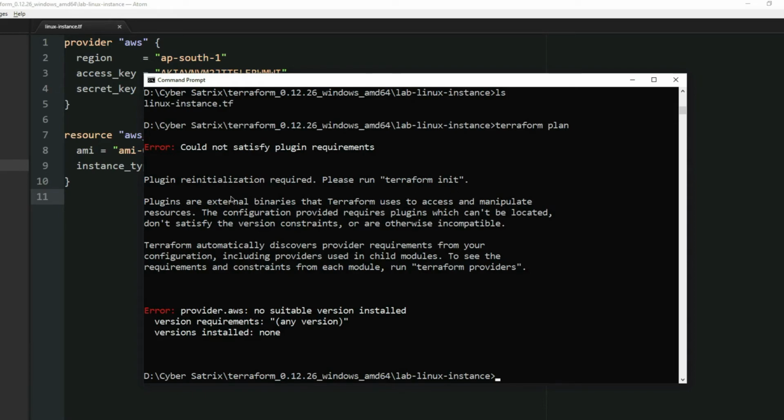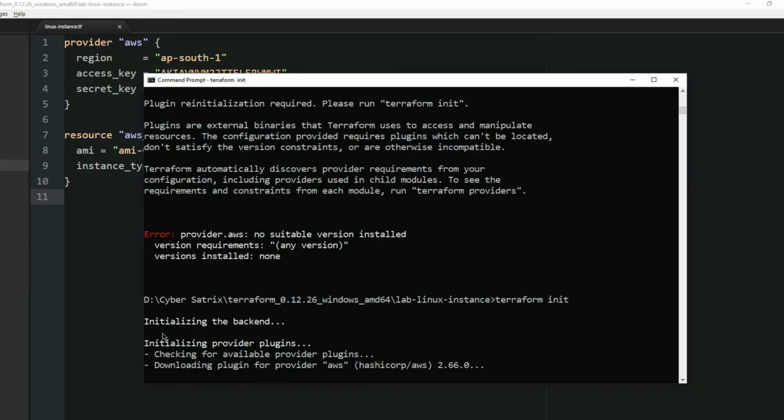So what are plugins? Plugins are external binaries that Terraform uses to access and manipulate the resources. And in our case, to access and manipulate the AWS resources, we need the external binaries of the required AWS provider. So let me run the Terraform init command. When I run it, it starts initializing for the respective provider and downloading the provider.